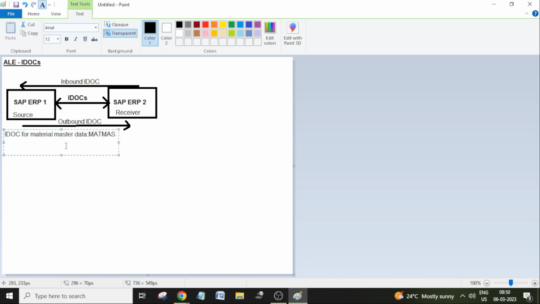Okay. So the IDOC for material master data is MATMA. Similarly, we have standard IDOCs for different processes. For sales orders, we have a standard IDOC. For purchase orders, we have a standard IDOC. For customer master data, we have a standard IDOC. I think it is CREMAS. For vendors, we have a standard IDOC. I think it is DEBMAS or something. I don't remember exactly. Yeah, for different business processes, we have standard IDOCs already provided by SAP,